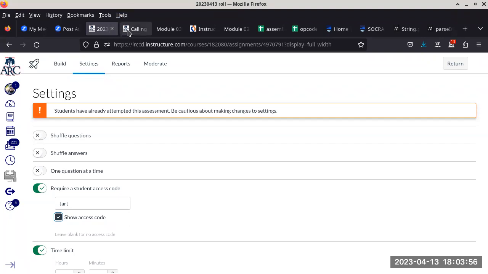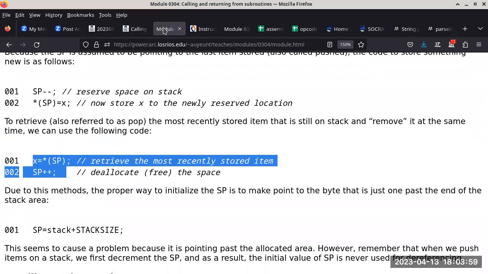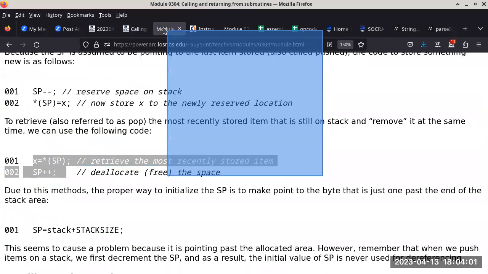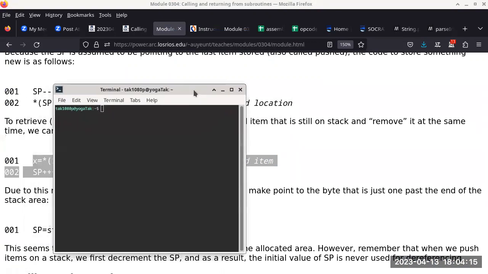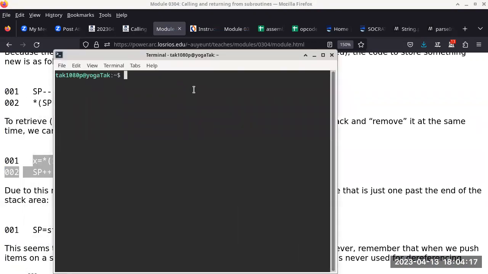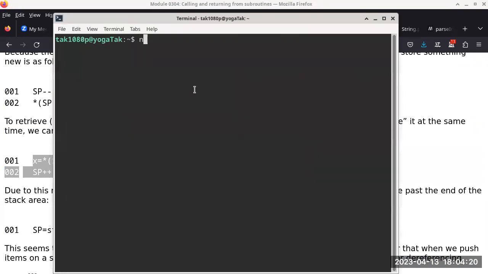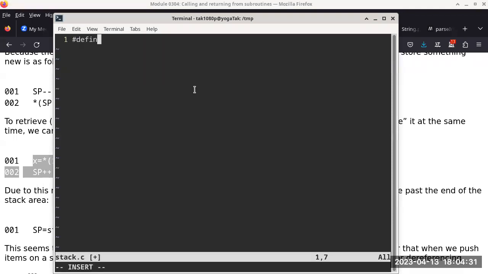All right, so getting back to our discussion. What I'll do is I'm going to write the program. This is also kind of unplanned because I was not planning to do this, but it's okay. And I'm going to use this window. Zoom in one more time. There we go. And I'll put this in the temp folder. And we'll say this is stack.c. All right, so I'm going to pound define. I know you guys are much more used to